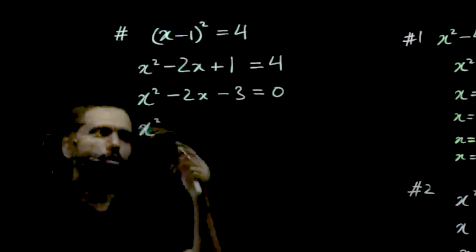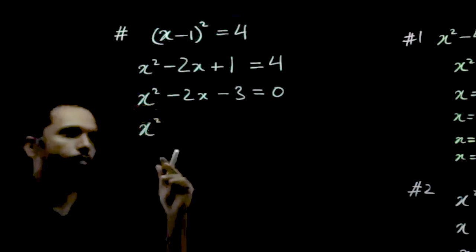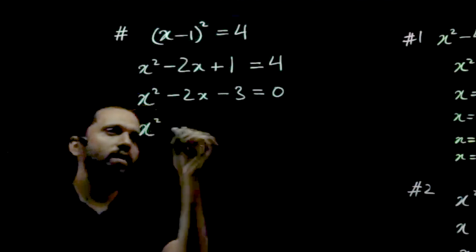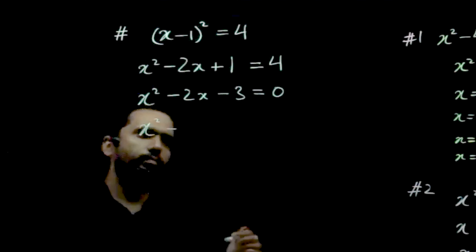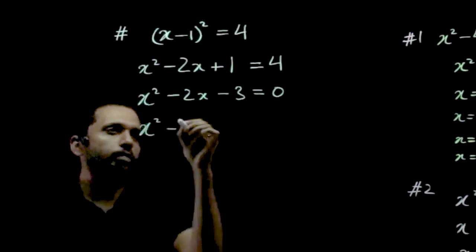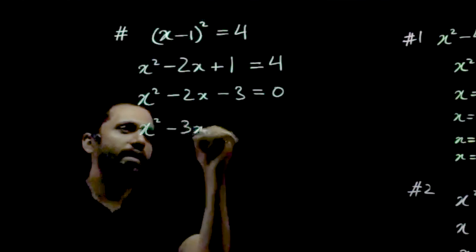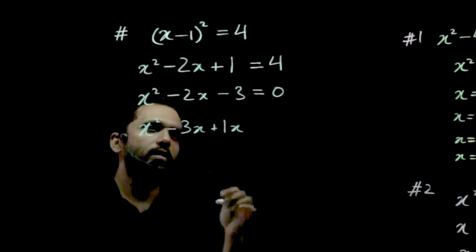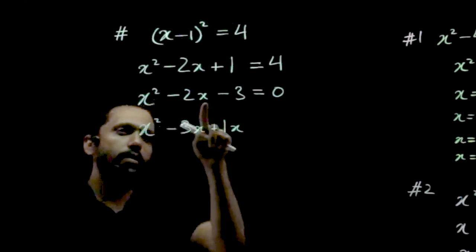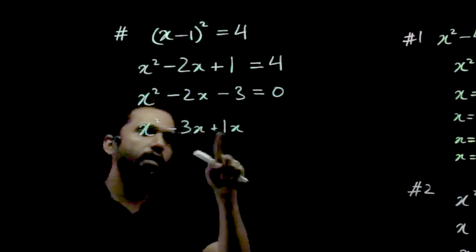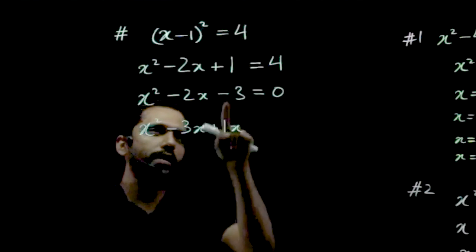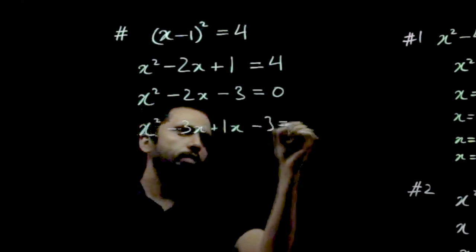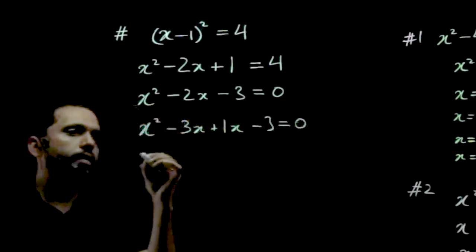So I'll just quickly do it, because this is not what we are here for. Splitting the middle term we have already done before. So x square minus, now this minus 2x can be split as minus 3x plus 1x. Minus 3x plus 1x is minus 2x, and the multiplication of minus 3 and plus 1 is minus 3. So my split is going to work all right.